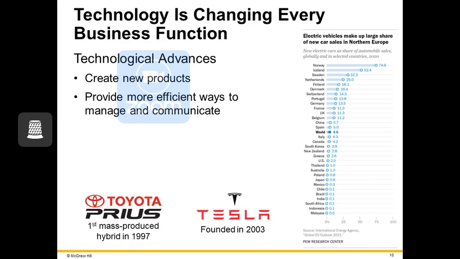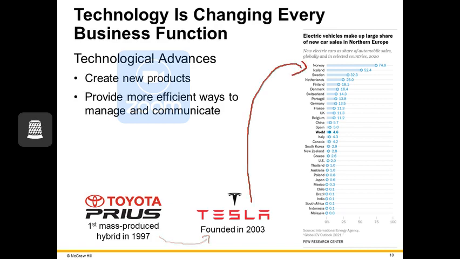The Prius was the first mass-produced hybrid vehicle. Then only 6 years later, Tesla was founded, and we all know Tesla as creator of the electric car. And if we fast forward from 2003 to 2021, and look at the share that electric